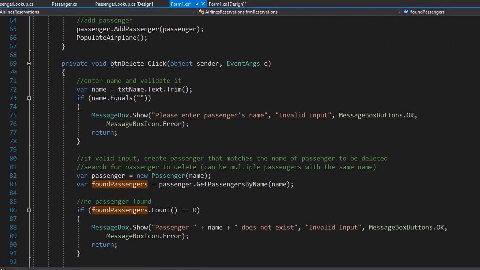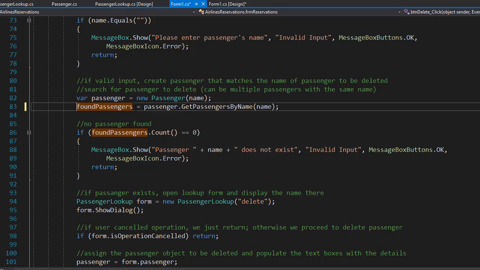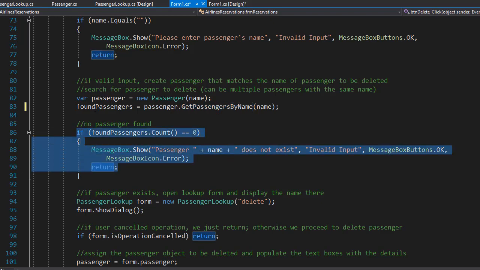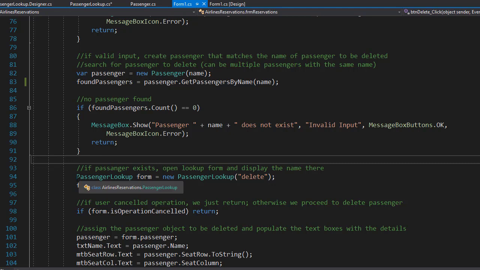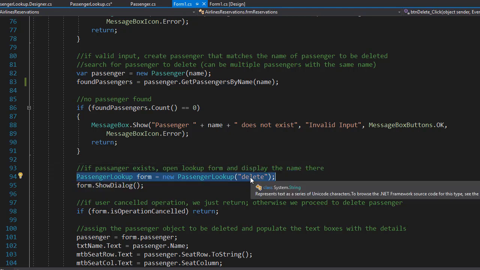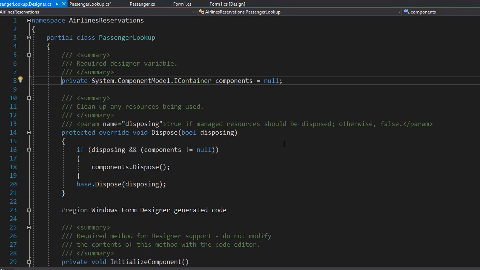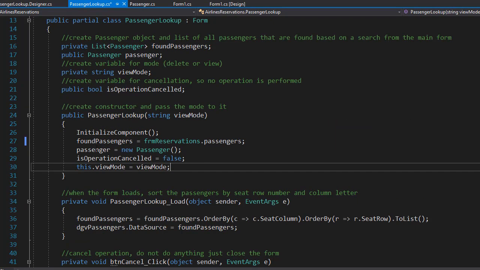So let me just search for it quickly. So here it is. It's already declared. So here we will assign all the names that are found by name, and then we check if any of the names was found. And if at least one name was found, we go to our lookups form with the delete view mode. So let's go to our view lookups form,